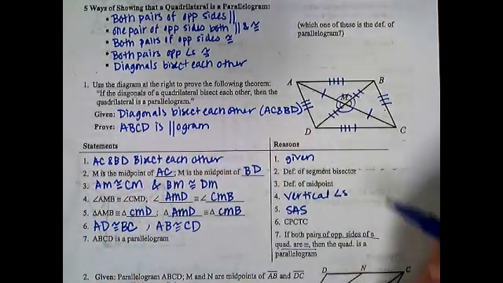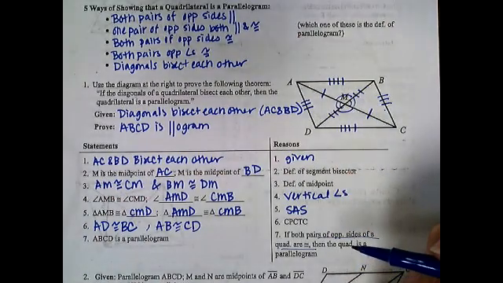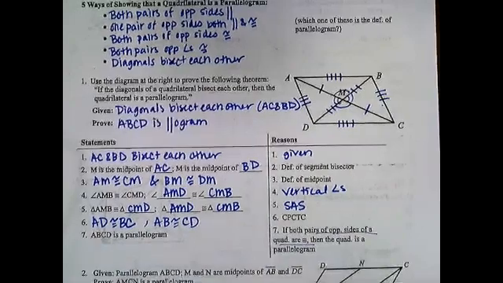By CPCTC, because these triangles are congruent, then those sides also have to be congruent. And that makes this a parallelogram because both pairs of opposite